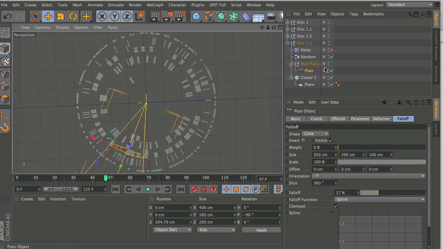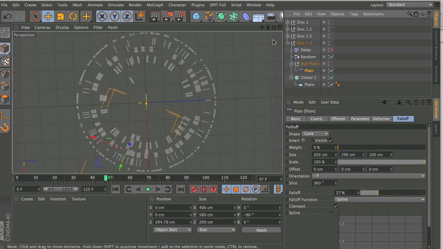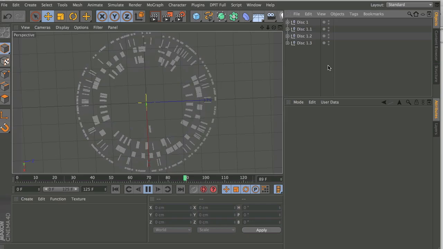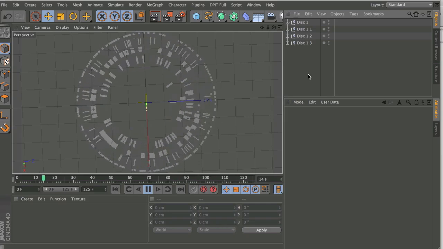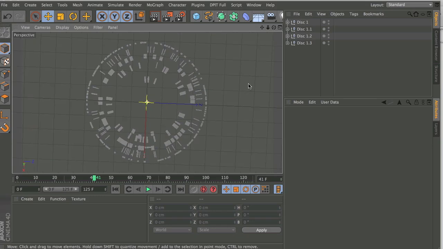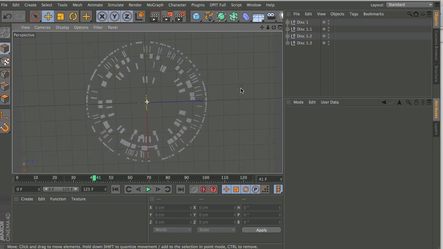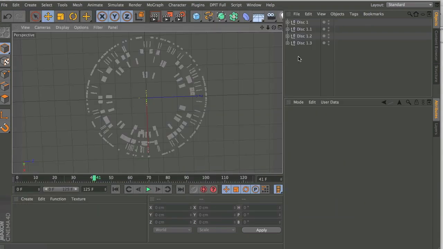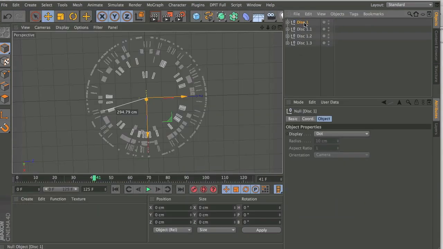Okay, I'm going to hide this, let's play. And yeah, that's looking good. That's looking great. We're gonna create one more copy of this, which will be used for these lines outside. Let's just use this basic one,